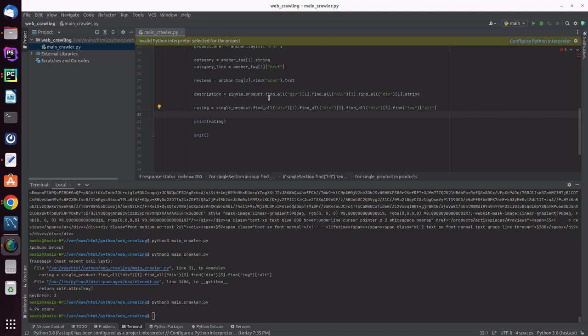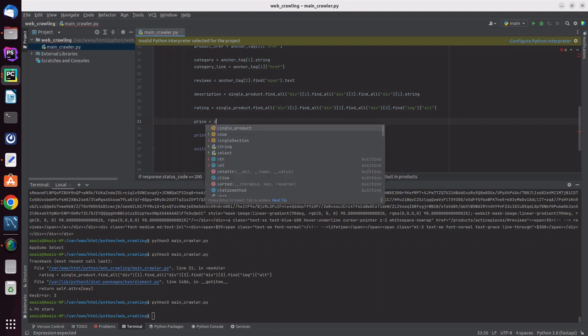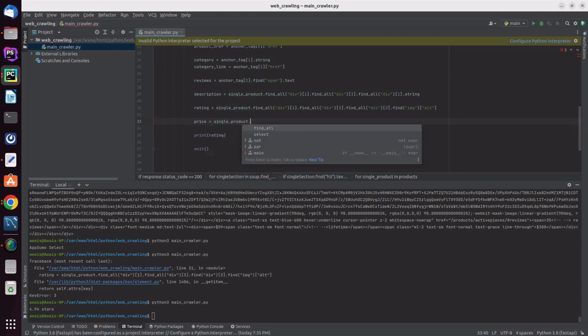So okay, now we got the rating as well. The next option we are interested in is the price. For price we can also use the same single product dot find all the divs, because the div we are working with also contains the price. So if we check this one